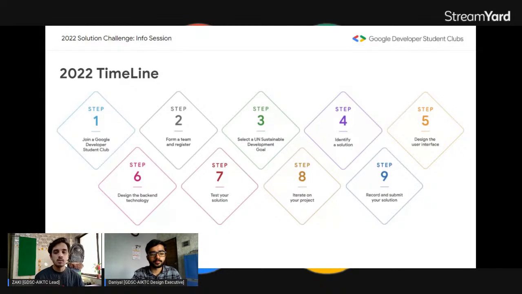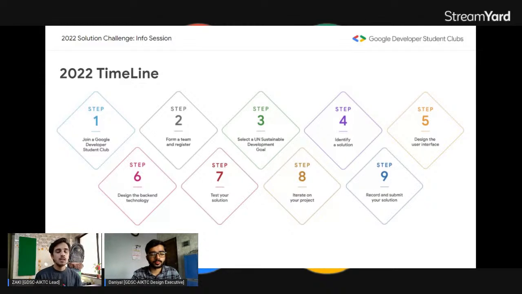Okay, so now that you have formed the team and are ready to solve one or more goals, you need to identify the solution, because understanding of the goal is a good thing, but you need to come up with a solution, right? So to identify a solution, there are multiple ways. One of the ways is by using a design sprint. So what is a design sprint? A design sprint is a flexible framework for solving problems through designing, prototyping, and testing ideas with users over a 5 day period. To know more about the design sprint, we have given a link in the description. You can go over there and check what the design sprint actually is.